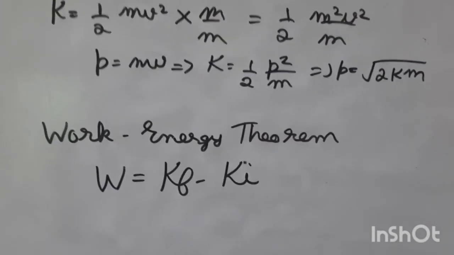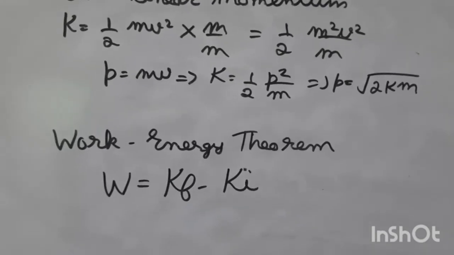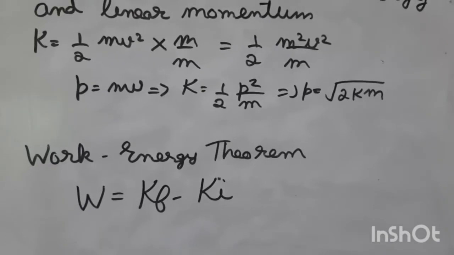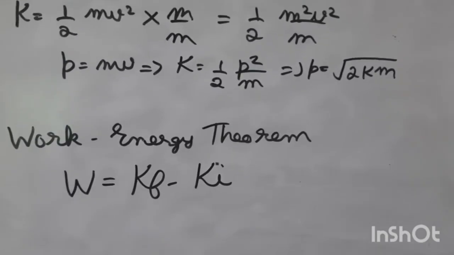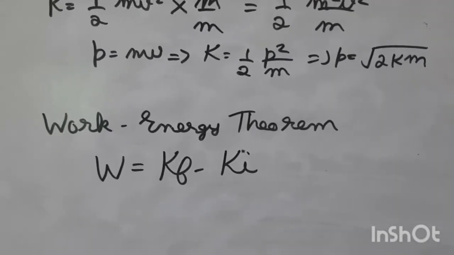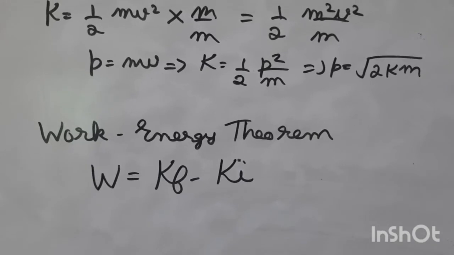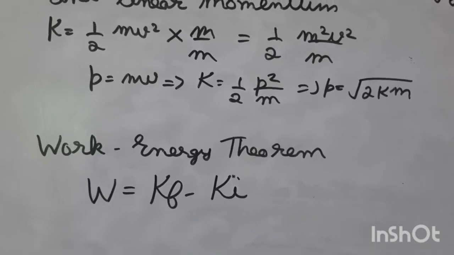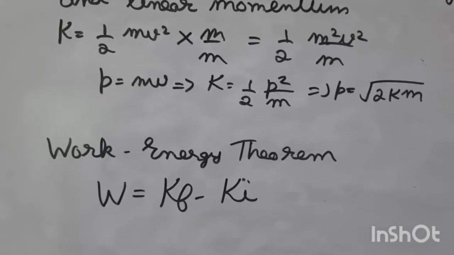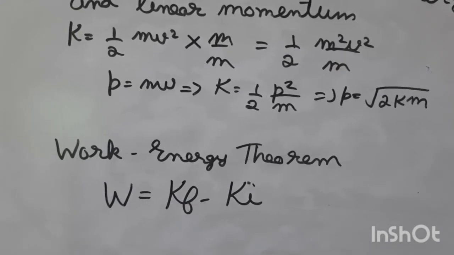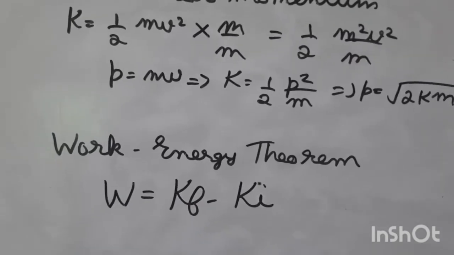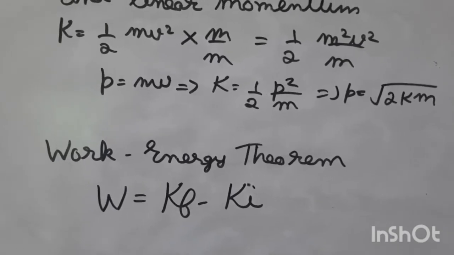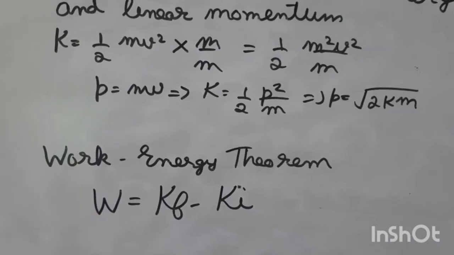Now next, students, I will give you the definition of the work energy theorem, and on Monday we will start with the derivation of the work energy theorem. According to the work energy theorem, the work done by the net force acting on the body is equal to the change produced in the kinetic energy of the body. That means the total work done by the net force on a body is equal to what? Change in kinetic energy, that is kf minus ki. Kf is the final kinetic energy of the body and ki is known as the initial kinetic energy of the body.